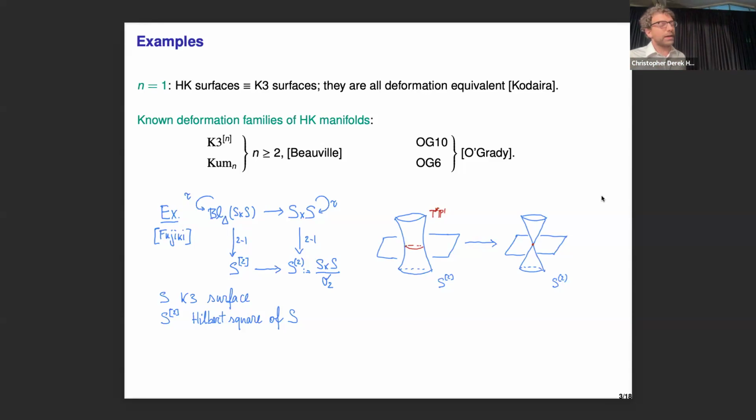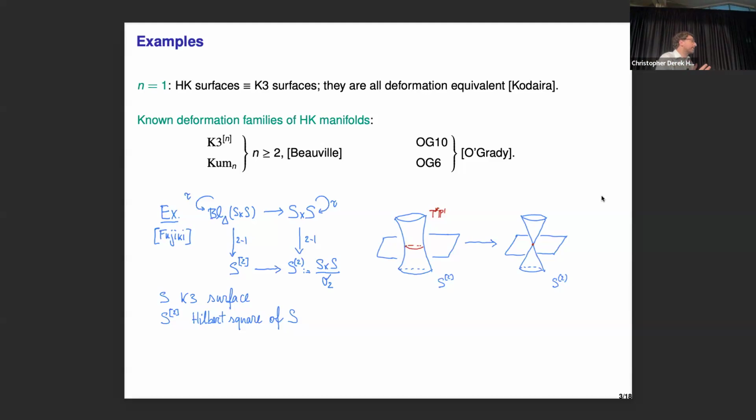And so examples, as I said, there are not so many examples. There are actually essentially 4 types of examples. There are 2 families, which are the families discovered by Beauville. And so this gives examples in each dimension. So there are 2 types actually. The first one is also called the K3^[n] type. And I'll discuss an example in 1 second. These are all deformation equivalent to the Hilbert scheme of points on a K3 surface. And the second class of examples is very similar.